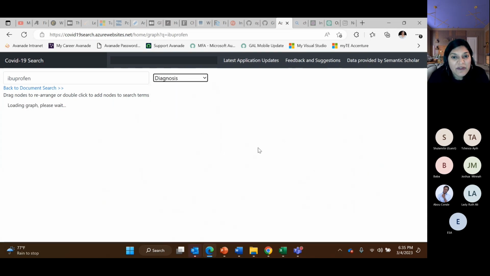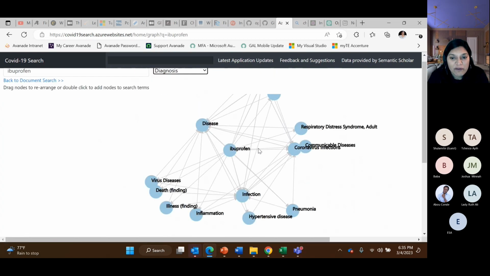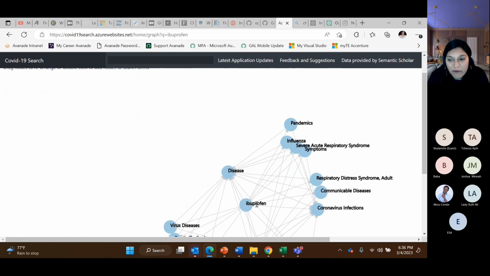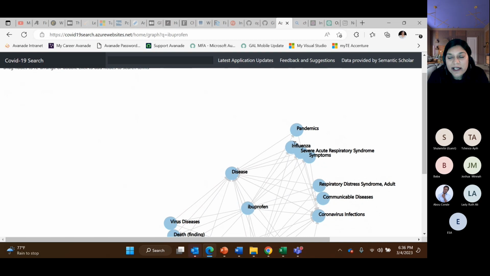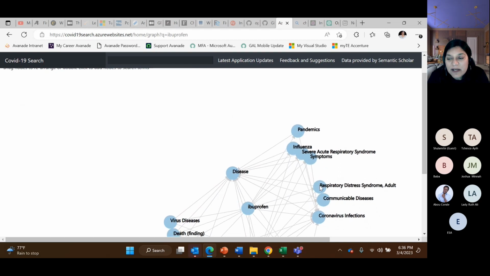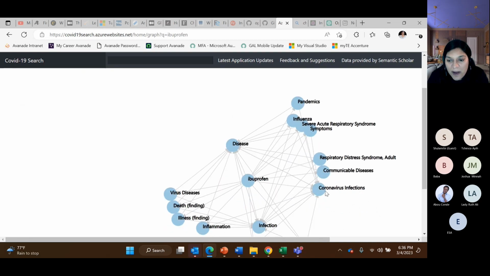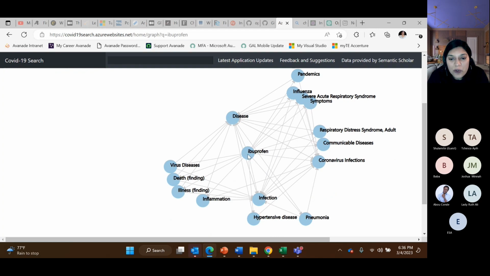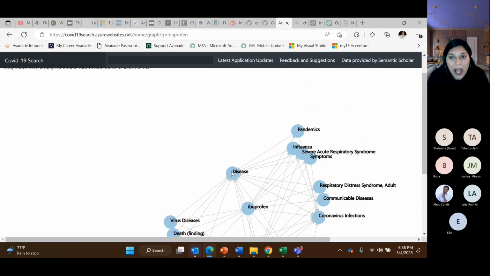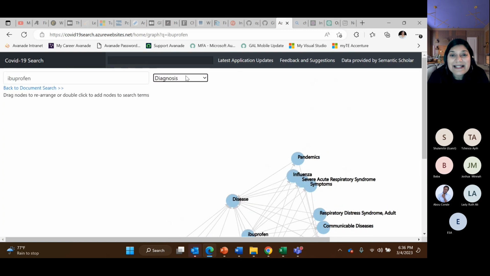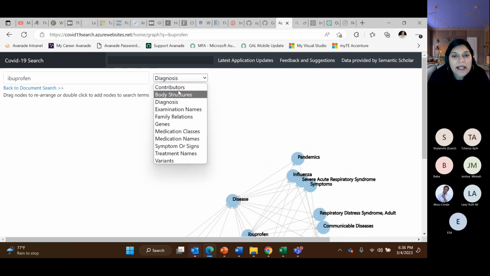So I can also look at, for example, diagnosis. What are some of the diagnoses related to ibuprofen? For example, what can ibuprofen treat? It can treat influenza, respiratory diseases, coronavirus infections, inflammation, pneumonia, these kinds of things. So I will be able to find these kinds of relationships between various entities. Here there are many entities: contributors, body structures, diagnosis, and I will be able to check the relationship